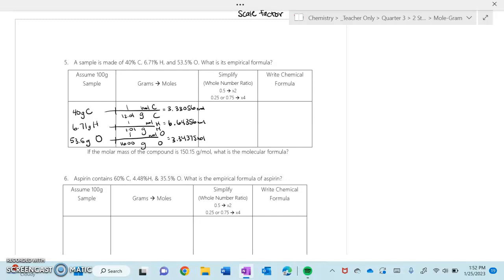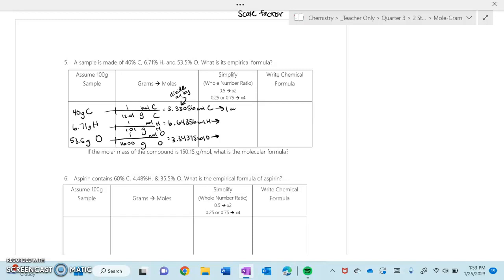Okay. Once we have our moles, the best thing we can do is divide by the smallest one to help us start simplifying. The smallest here is our carbon, so I'm going to divide all of them by 3.33056. I'm not going to write that down because I only have so much space, but you're going to divide all by this guy,